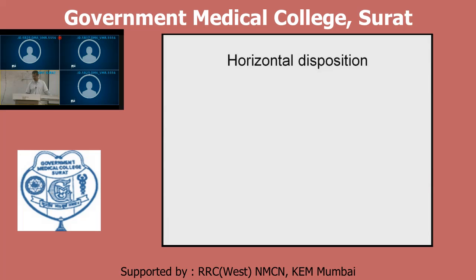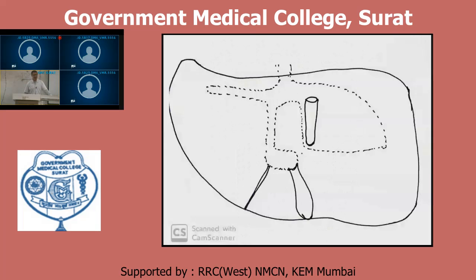Now again trace toward the left side. You can see two layers here on the surface of the posterior aspect of the left lobe of the liver. This is the left triangular ligament, and these are the two layers of the left triangular ligament. This is in relation with the posterior and inferior surface of the liver.